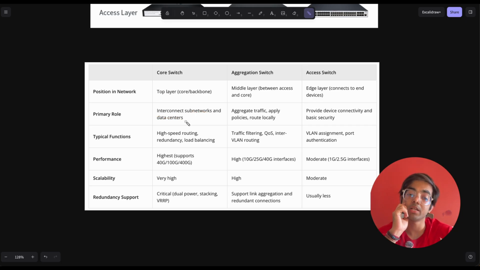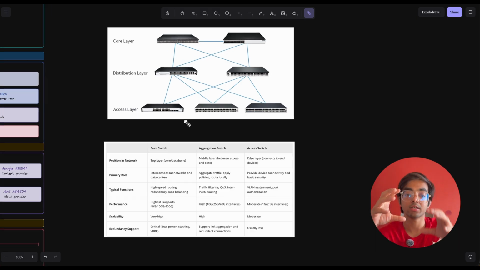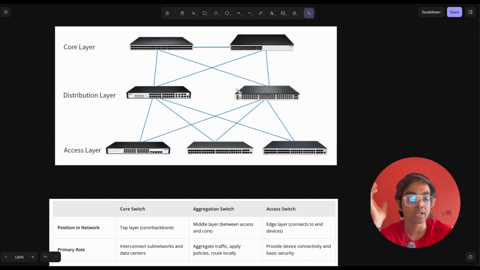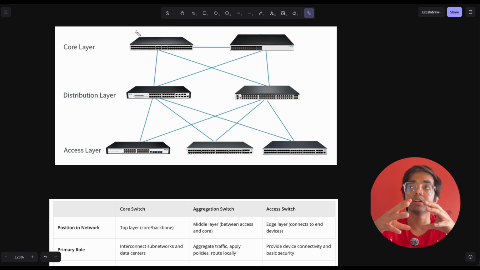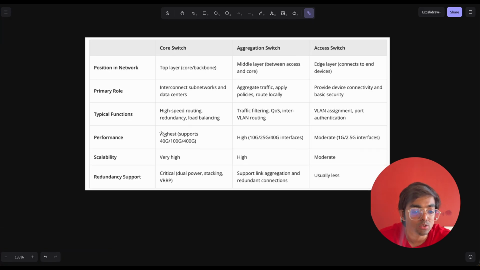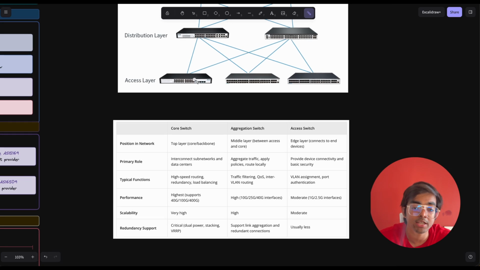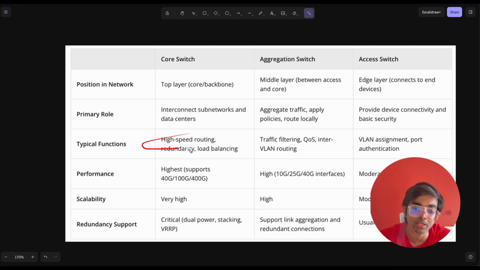So it is used to combine all the traffic which is being generated and being used, and it also is interconnected with each other. So this bridges the gap whatever we have in the infrastructure, and the distributed layer reports to these core layers as well. So it's very high in speed and it uses various switching techniques for this high speed,